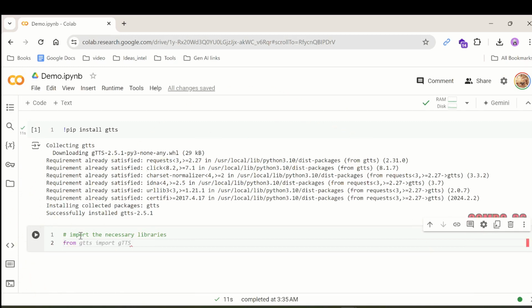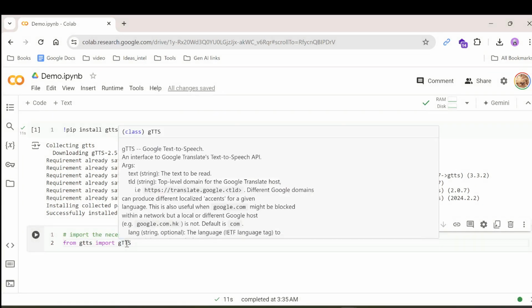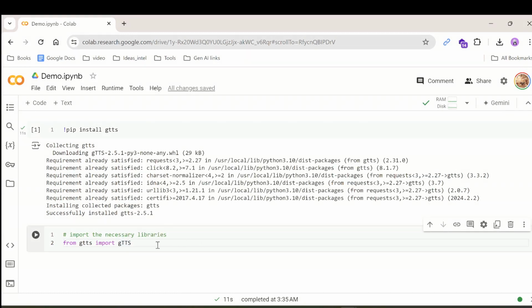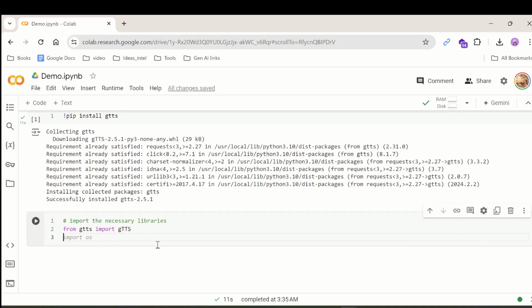Now, firstly, we use this gTTS that we already have, and we import the gTTS method. And if you just hover over it, you can actually see Google Text to Speech interface, Google Translate's text-to-speech API. Okay. Since this is a notebook and we just want to play the audio here itself, we might also want to do something called